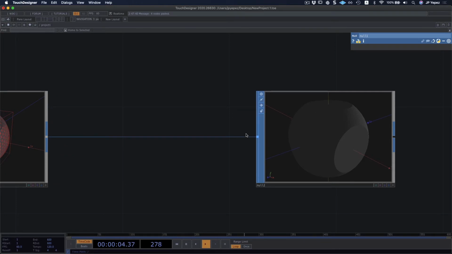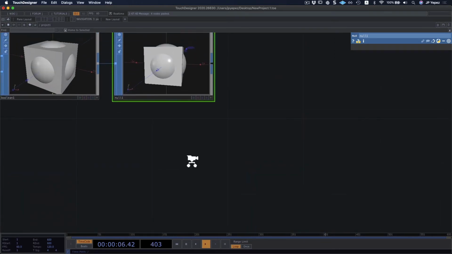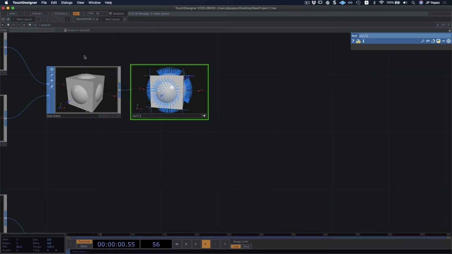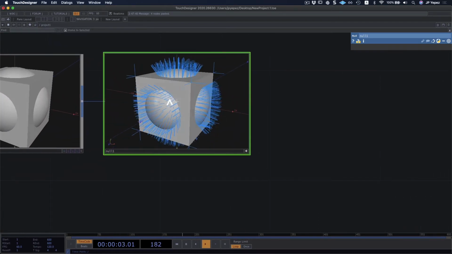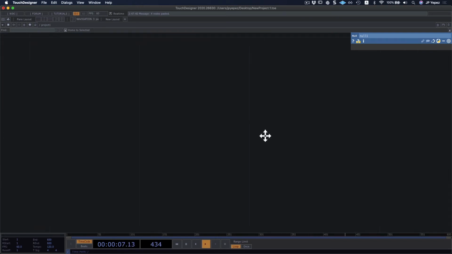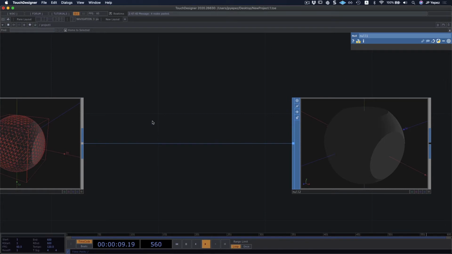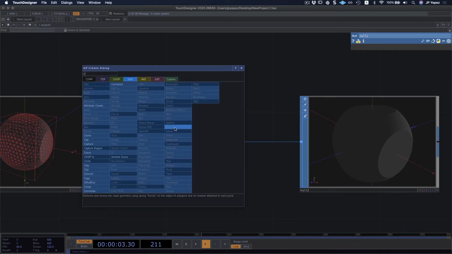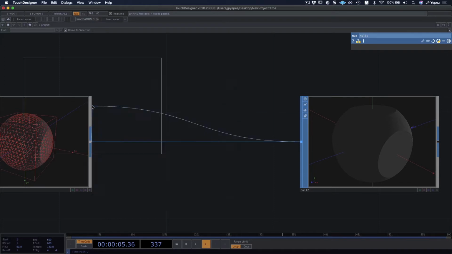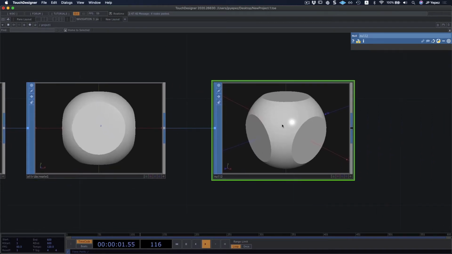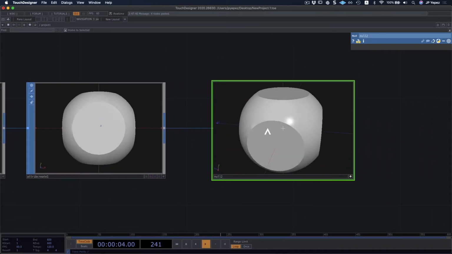The normals in geometry are the ones that determine how lights react whenever they hit our object. So we can create normals by inserting an operator that's called attribute create. And we're gonna ask this operator to compute normals. And that's a lot better.